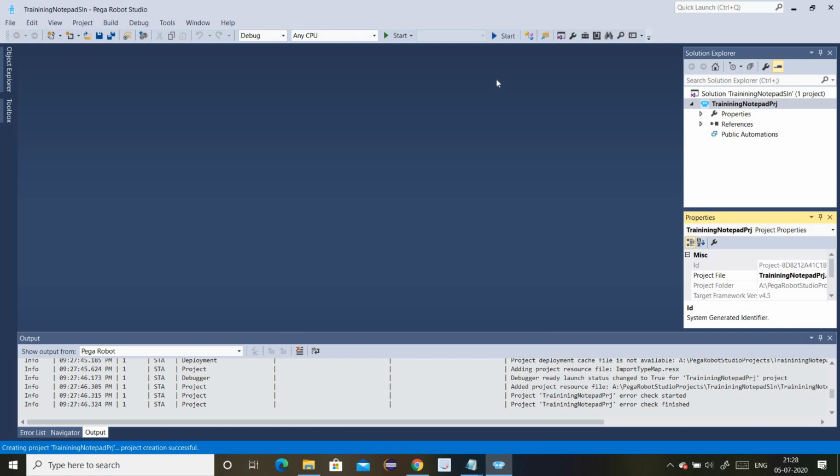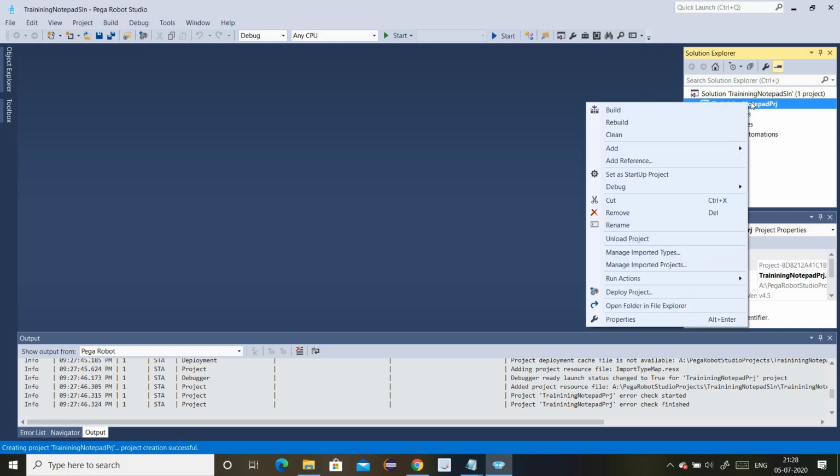And I am going to use the Windows adapter since notepad is the Windows application, or we can say it's a desktop application. I hope we all know the difference between desktop application and web application. Based on the type of application we are using, we need to choose the adapter. So now I am going to add Windows